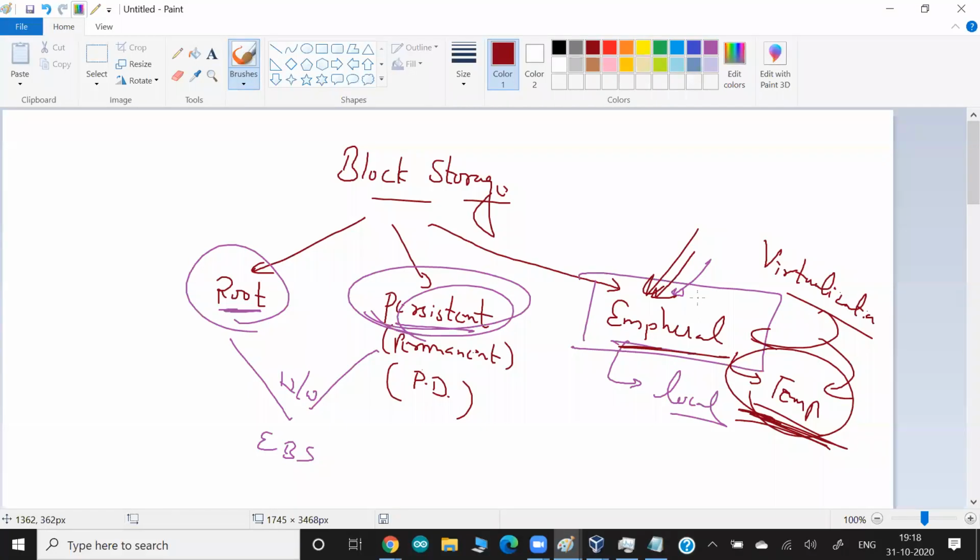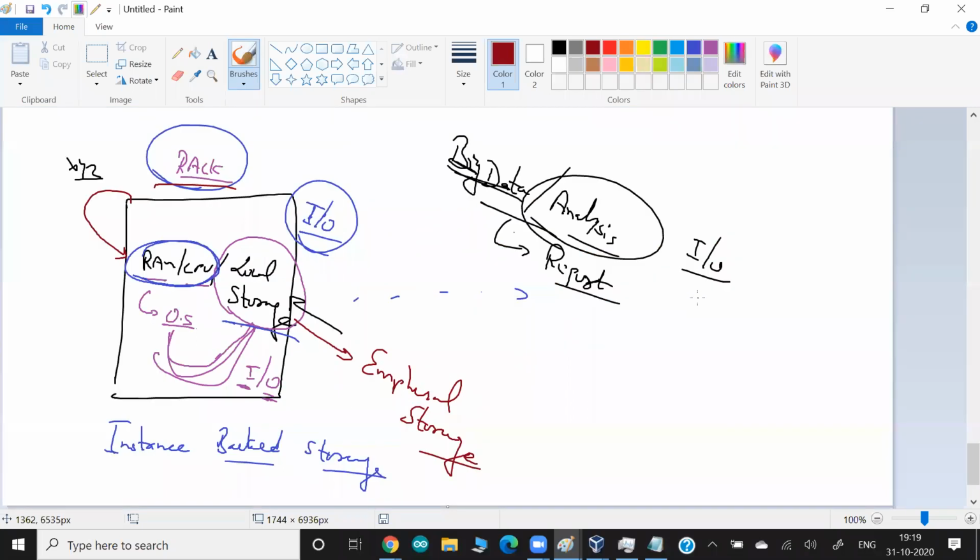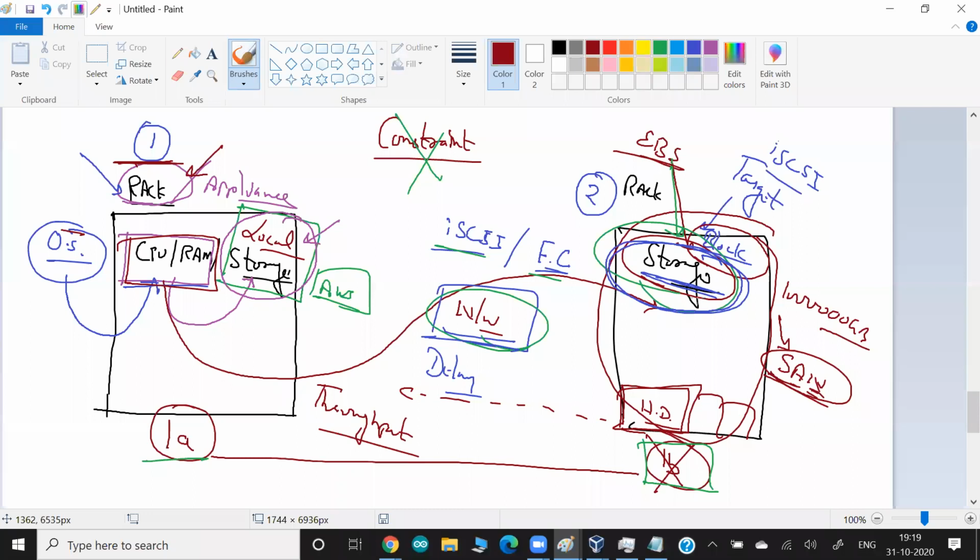But about the speed, you should know the concept of throughput and the concept of IOPS. When I discuss IOPS and throughput, I'll come back to this topic and compare them with some kind of demo: root is slower, ephemeral is fast. I will explain those things with a demo. So guys, this is the information I'm providing. These are the internals of how things work. By understanding this concept,